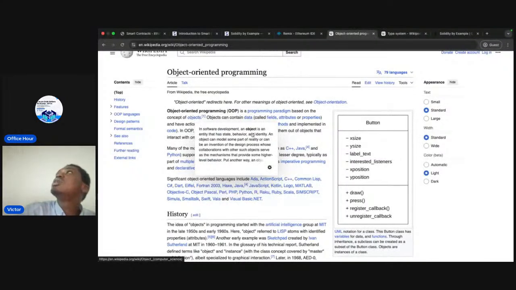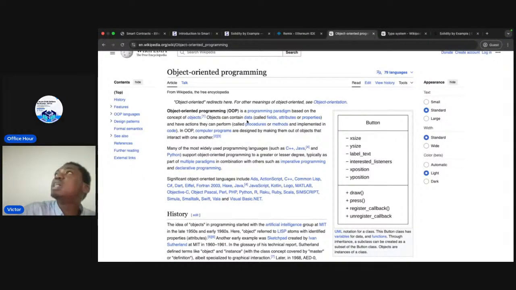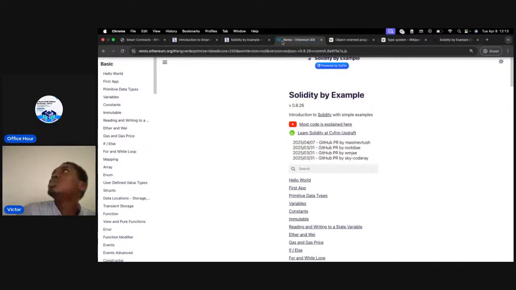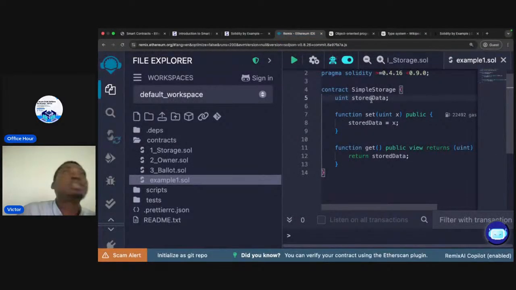And we say that objects can contain data and have actions they can perform, called procedures or methods, implemented in code. So these are our objects here. It can contain data, stored data of data type unsigned integer. Do we get that? This unsigned integer is like that in Rust, because Rust defines the